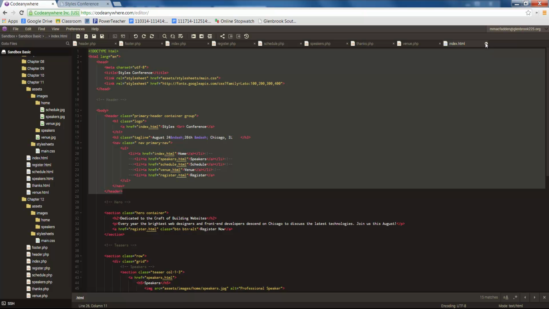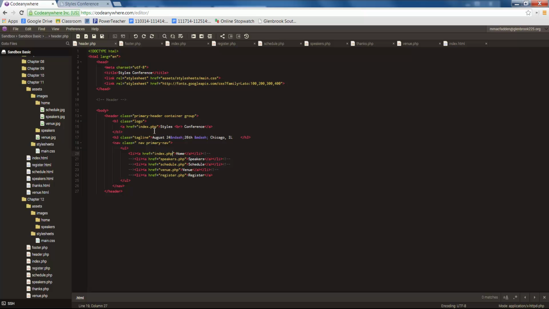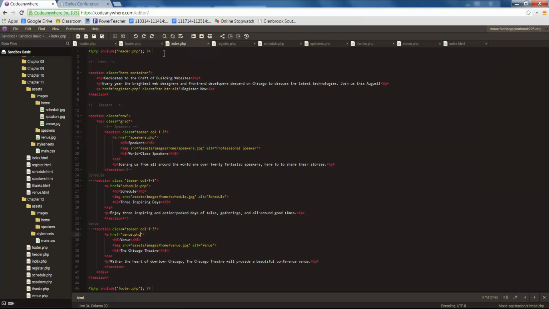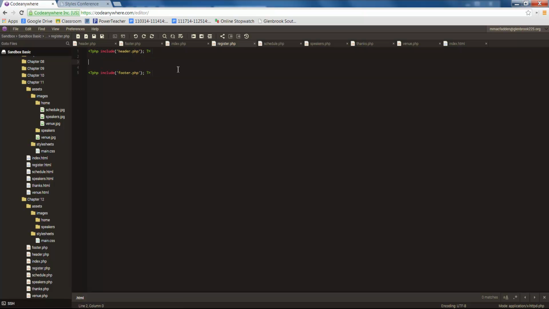So instead, with PHP, what you can do is create a file called header.php, and you put all of that reusable code in there. Then in your index.php page, you would have a simple script that says angle bracket question mark PHP include header.php. So what's happening is this file, index.php, is retrieving header.php. The same can be said for your register.php page, and then all of your custom code would go right in